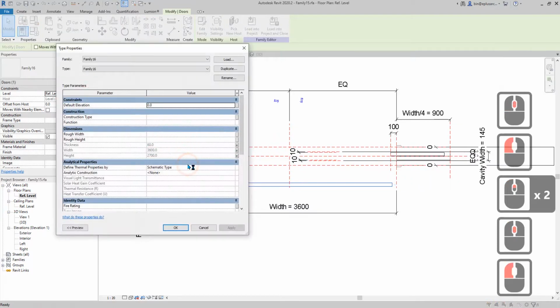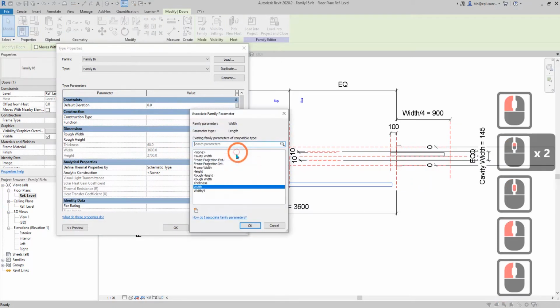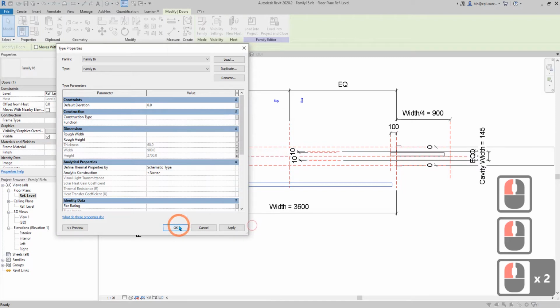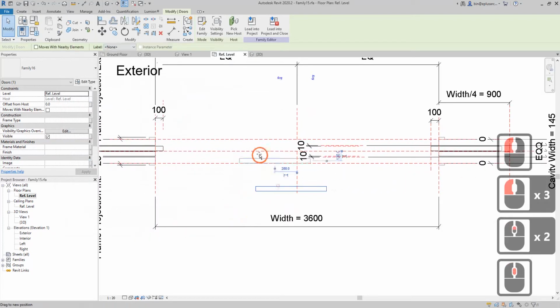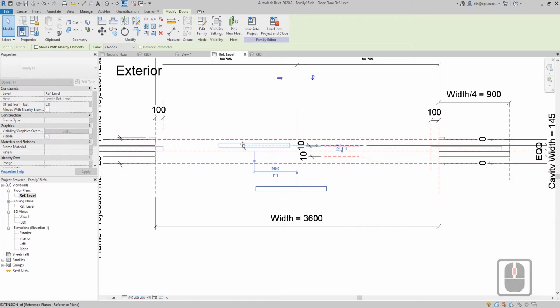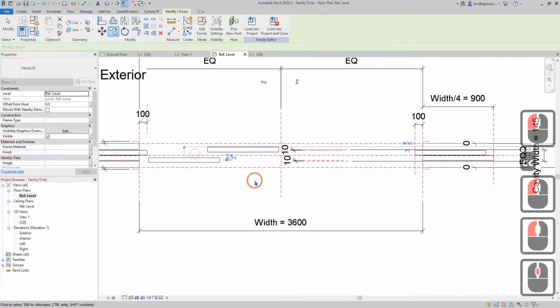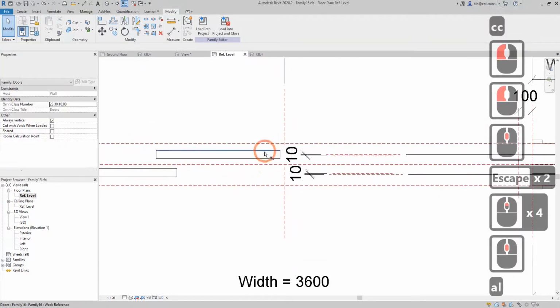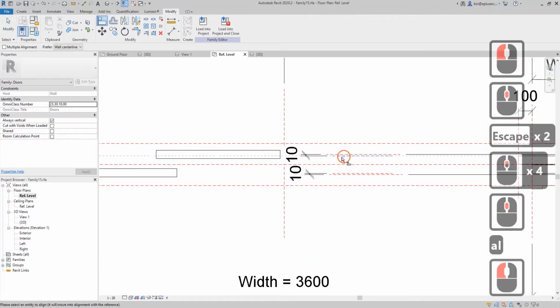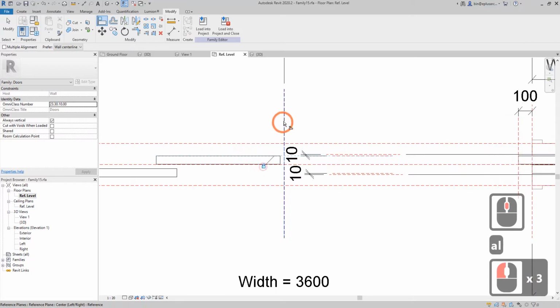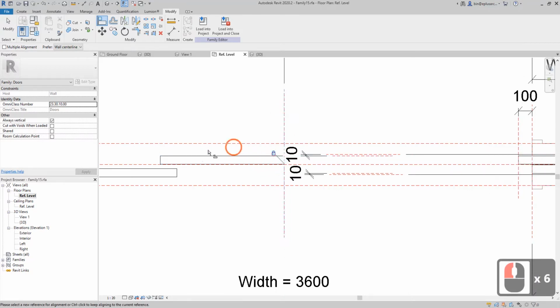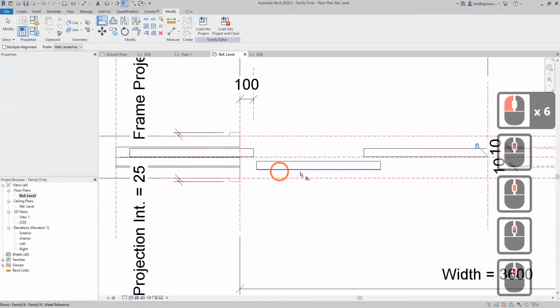Edit type. Change the width. And okay. And then I'll roughly place it here, and another one will be about here. So align this door to this and this. So this door,